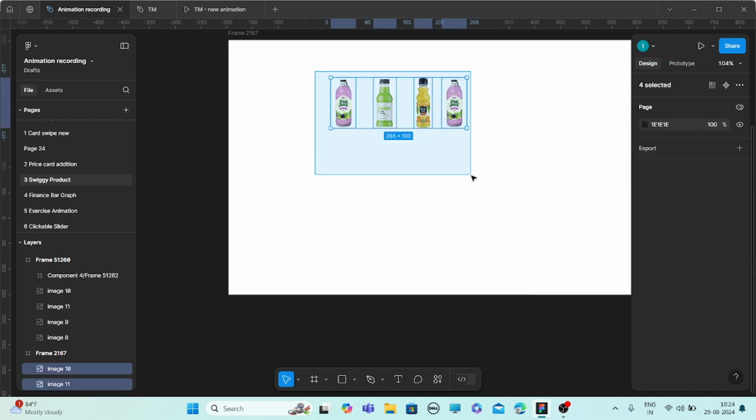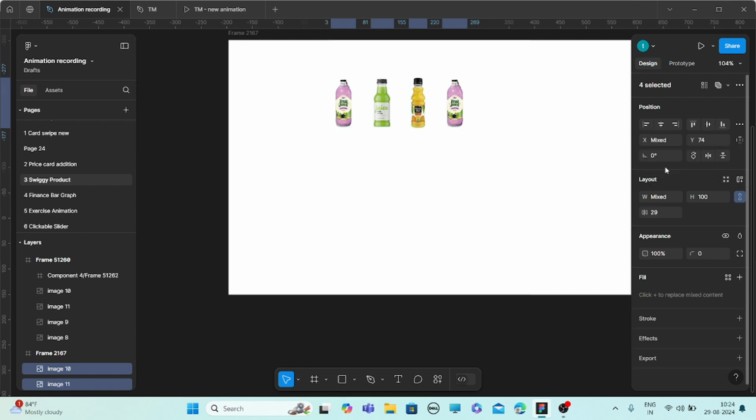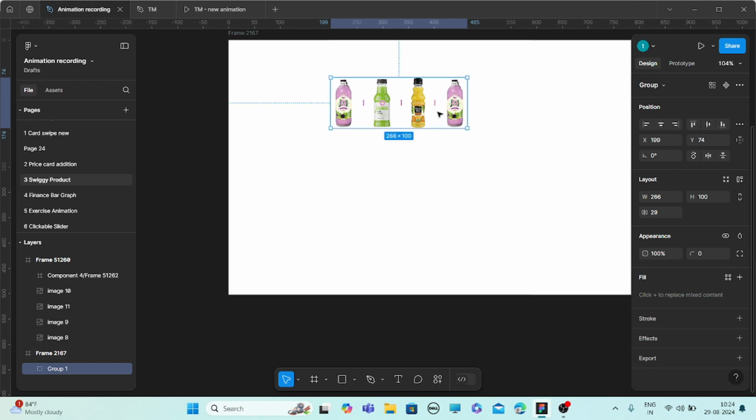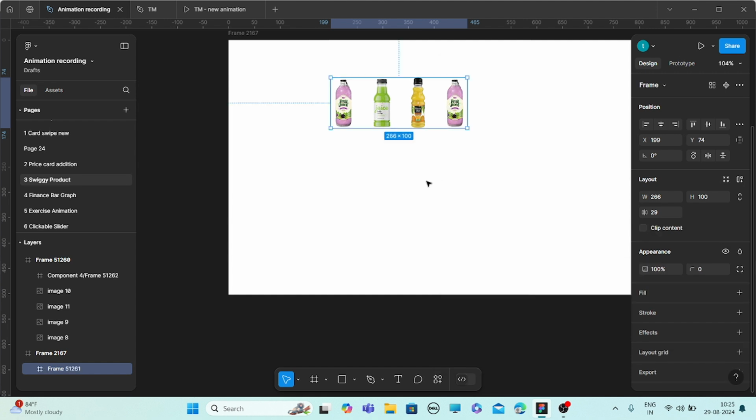Now select all the bottles, give them a horizontal spacing, and press Control G to make them into a group.